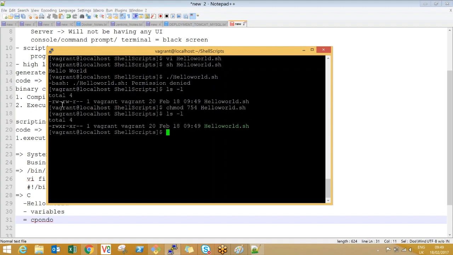Now you look at it. It has execute permission now. Okay, so once it has execute permission, try this. Can you see the output? So it is interpreting with the default shell. That's the reason it is executing it, guys. Fine, that's a simple hello world script.